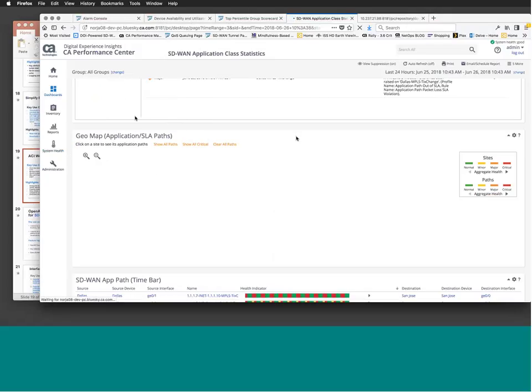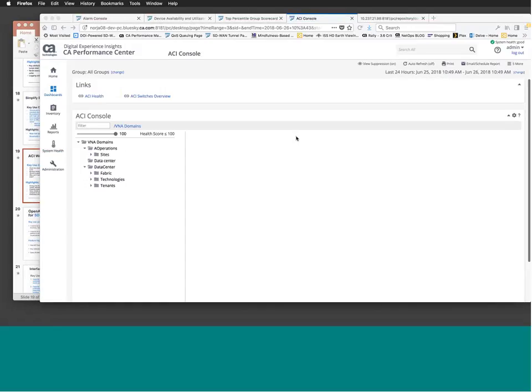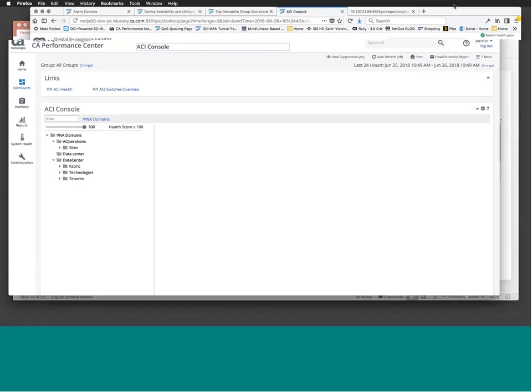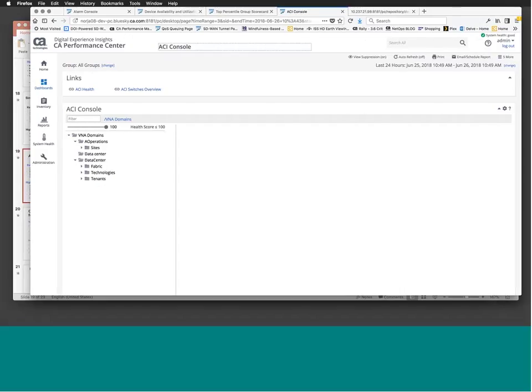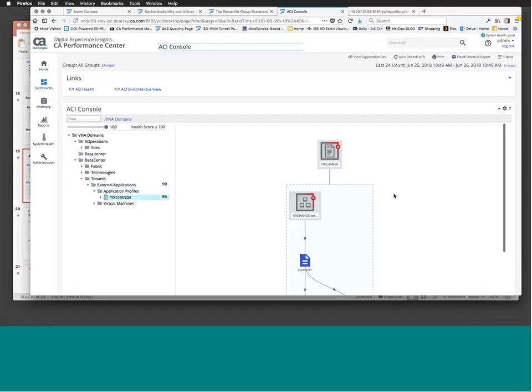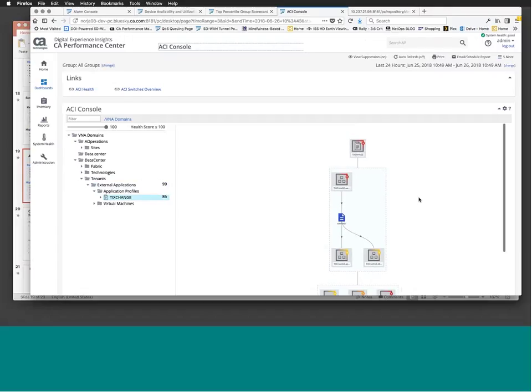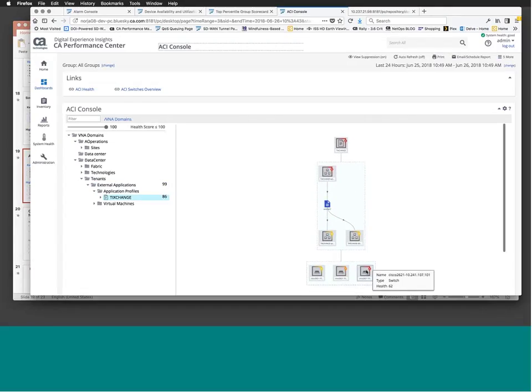So we're going to bring up our ACI console, and this is basically our dependency map viewer for Cisco ACI. What you see here is we've added a new section, our link section, so you're able to very quickly now jump to the ACI Health or ACI Switches overview, and this is to begin to provide operations teams with some best practices and standard operating procedures. So for example, if I wanted to look into my TixChange application, what we'll see now is we simplified and made that rendering a little bit nicer, allowing me to more quickly drill into the activity or